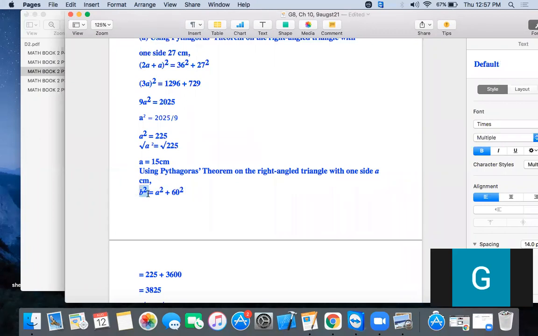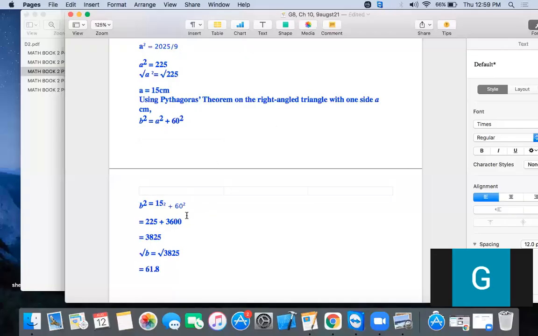So just write B square, and the opposite side is given, that is A. So just write A square, and the base 60 is given, that is 60 square. What you have to do? Put the value of A. What is the value of A? The value of A is 15. I directly take the square, but you can add one more step over here. Put the value of A and write the square, and 60 square.